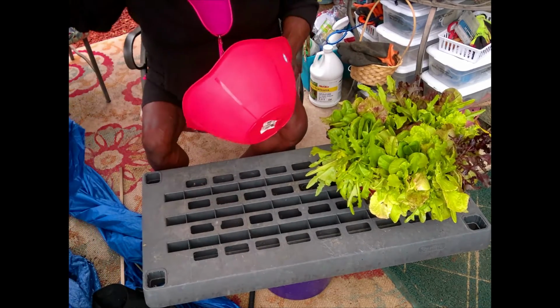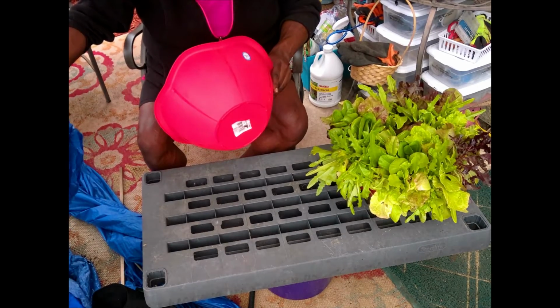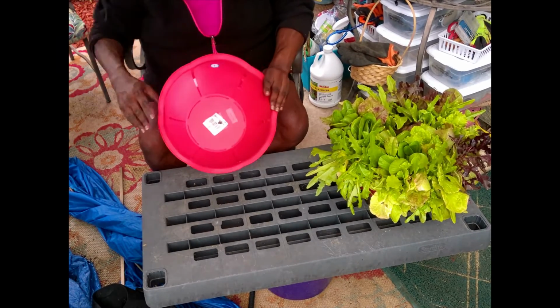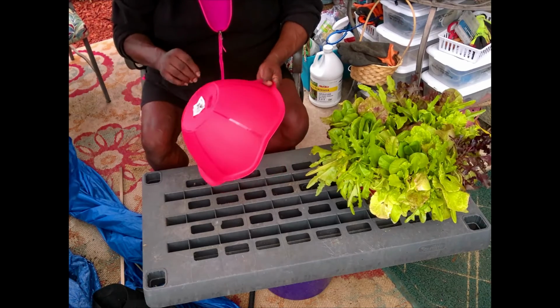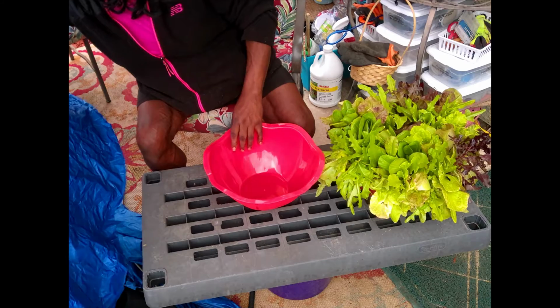I also grew some giant German radishes, that's it, in those. So I just wanted to show you guys real quick how I did this. So when you're thinking about this whole project,